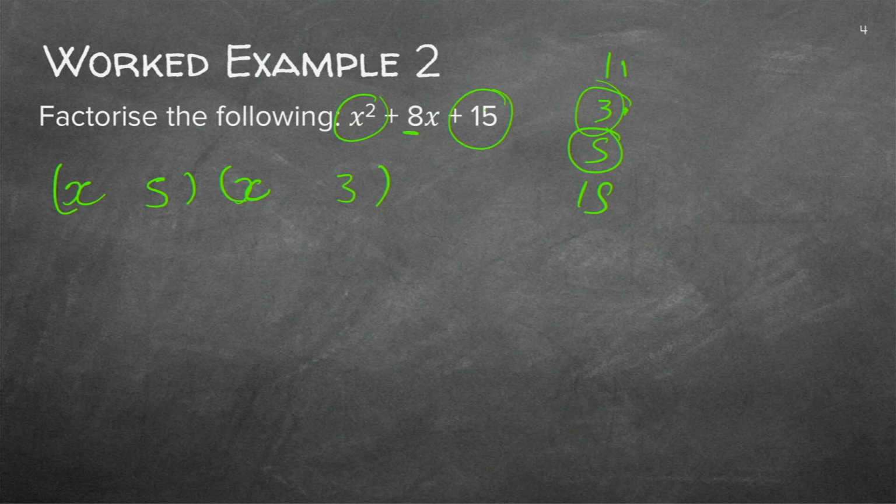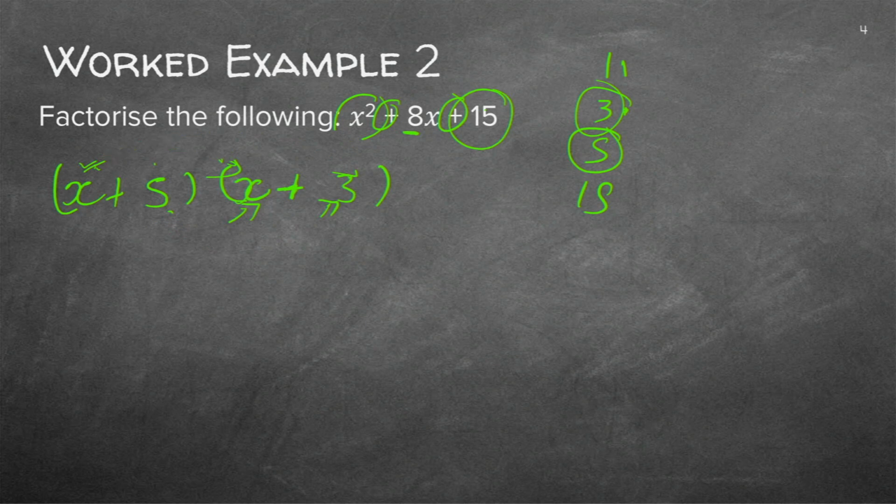The arrangement doesn't matter. You can start with 3 and 5, it's still okay. And then since guys everything is positive, you simply just put positive signs there. How do you check that you're correct? If you multiply back, if you try to expand it, you will see that it will give you the answer again. And if you also use this method that I use to check if the middle term is correct,